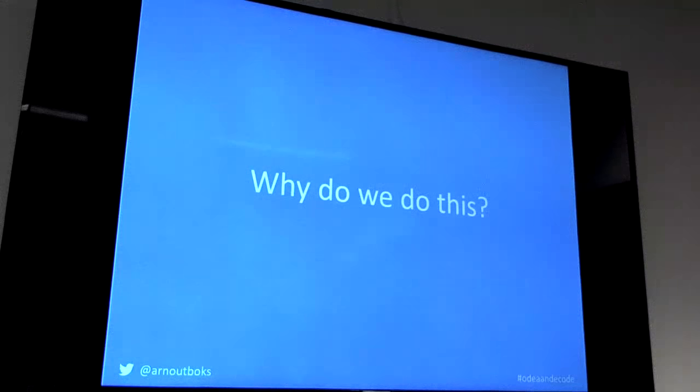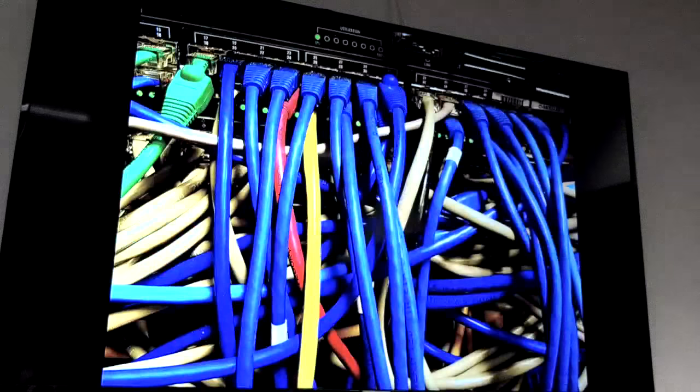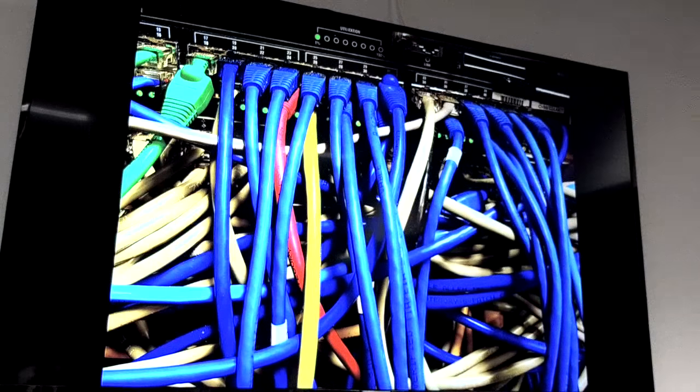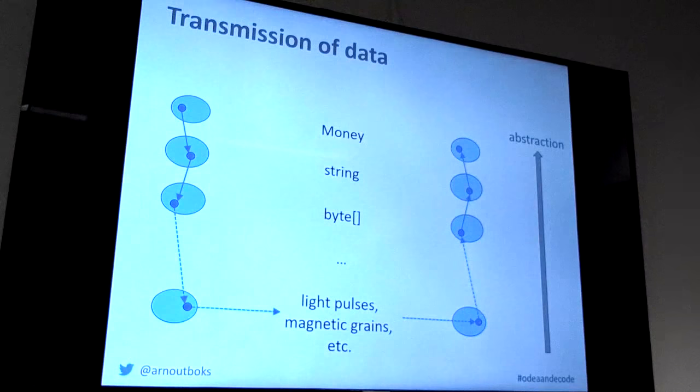These are just magnetic platters in a disk. And if you want to transmit our data over the internet, well, it needs to go through this. There are just electric currents or light pulses or something. And we cannot just put a money object through this wire. I've tried. So when we transmit data, we have data at a very high level of